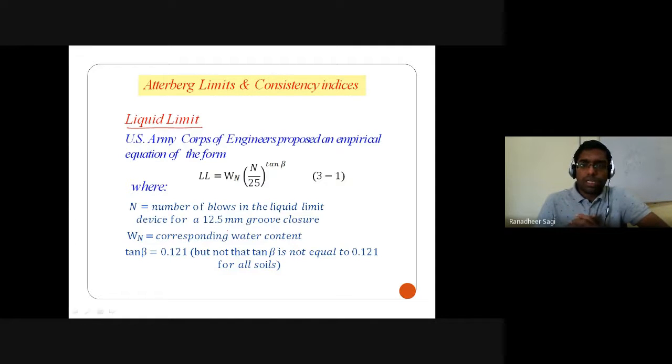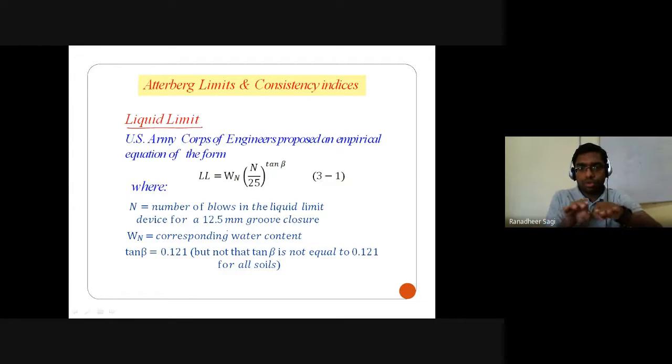Okay, how do we do that? We perform Casagrande's test, that is the liquid limit test. We take the fine grained soil sample, add some amount of water, thoroughly mix it, and put that soil paste into Casagrande's cup. With the help of the grooving tool, cut the soil into 2 parts, then start raising the cup and leave it so that it falls on the hard rubber base, and keep rotating the cup in the process to determine how many blows are required